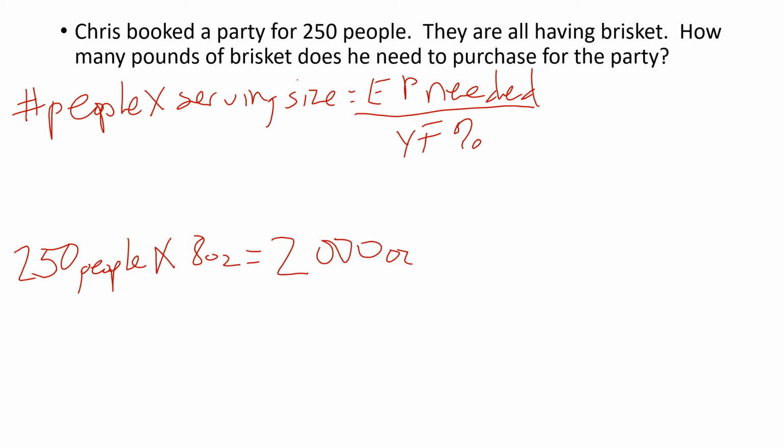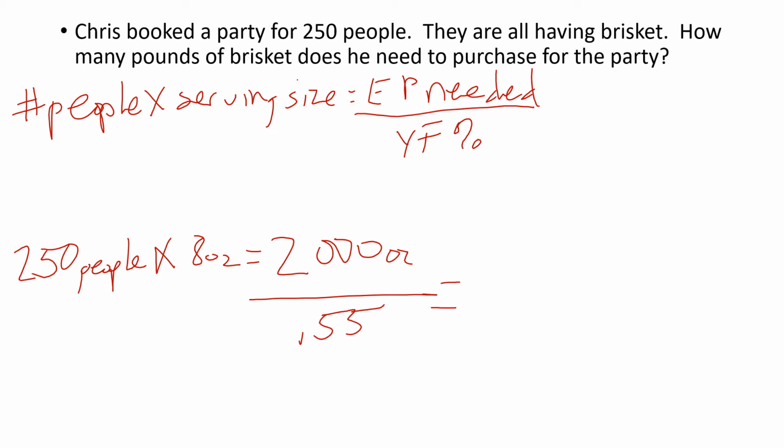$2,000 ounces, right? That's my edible portion. That's the 2,000 ounces that I need to slice up to serve my 8-ounce portions. If I only ordered 2,000 ounces, what's going to happen? I'm going to run out of food. My product's going to shrink. Okay? So that's why we take this 0.55,